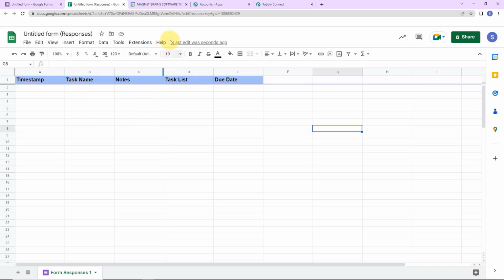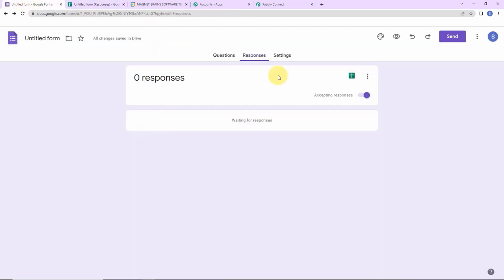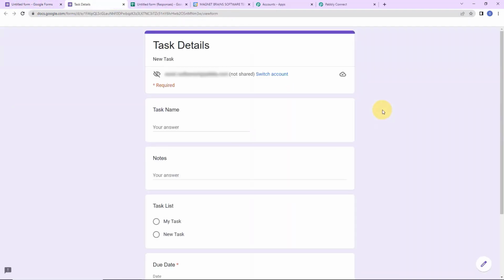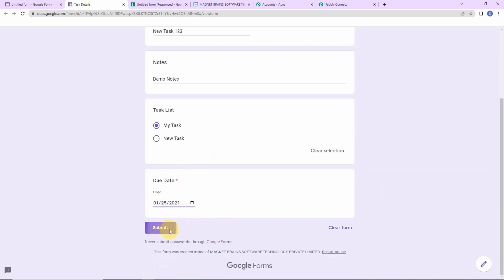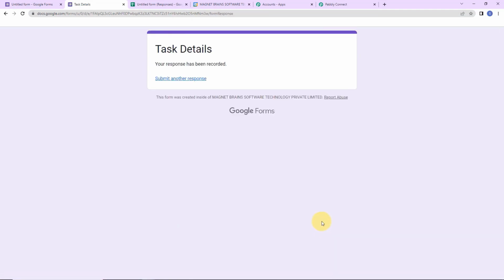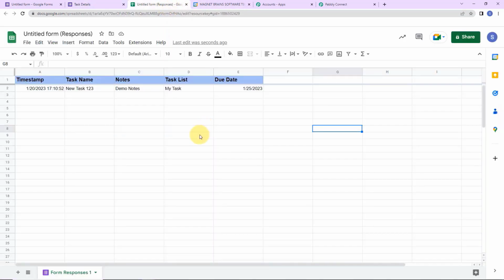Now what we have to do is we have to go back to our Google form, and here we are going to preview. So now I'm going to fill up this form. Let's say the name of the task is new task 123, and then we have the notes. So I'm just going to write demo notes. Here you can fill in the description. Now what is the task list? It is my task, and then the due date. So let's say the due date is 25th of January. I'm going to click on submit. As I do that, here let's go to the Google Sheet, and you can see that the information has been